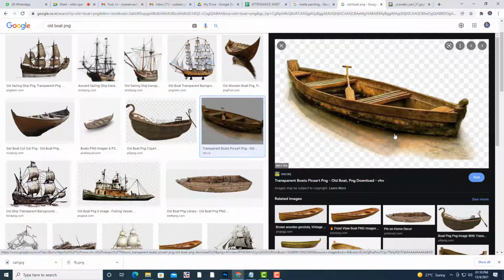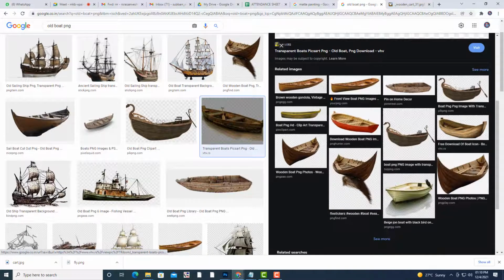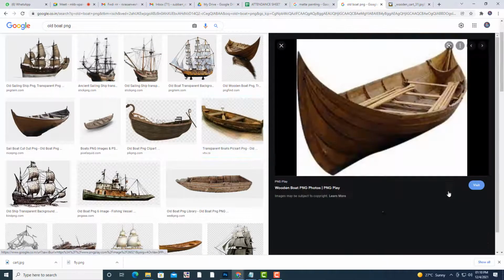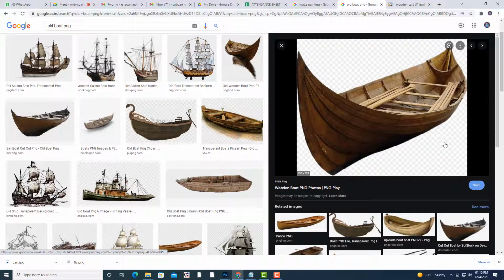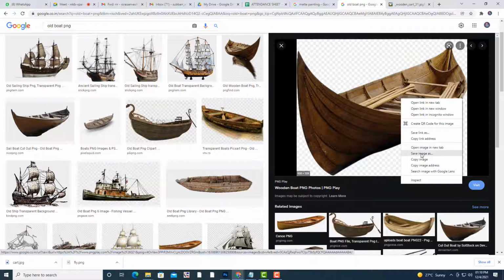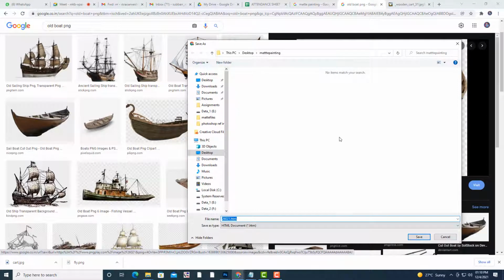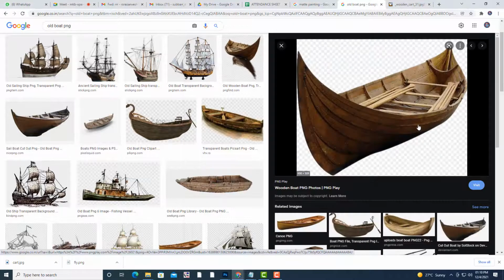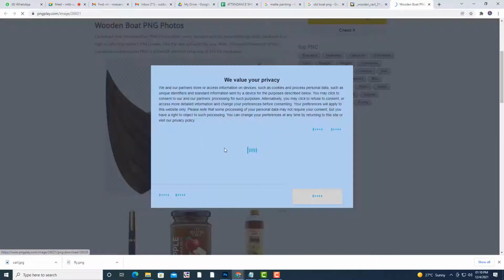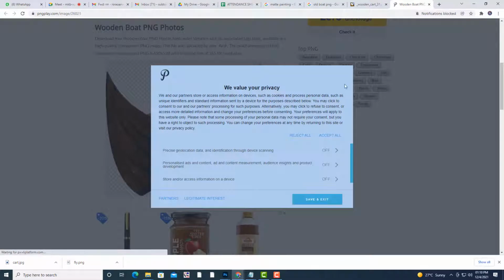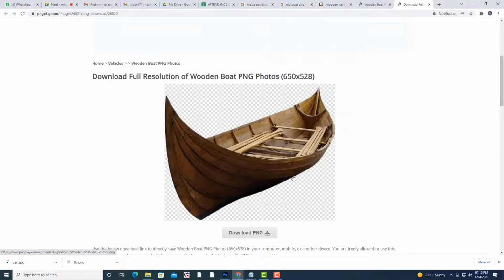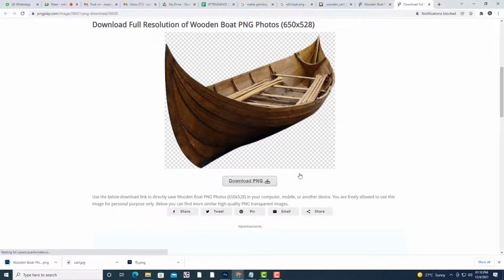Okay, this is nice, huh? Yeah, this is PNG file. It's not a PNG. What is this? The download.